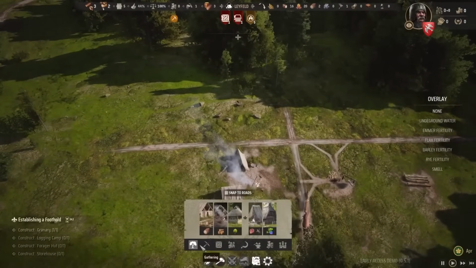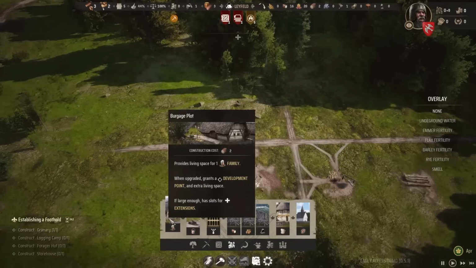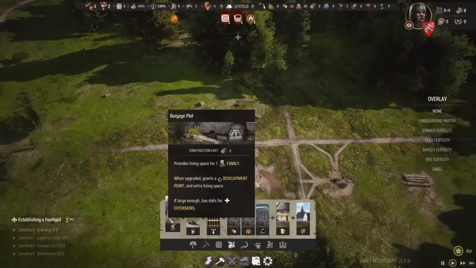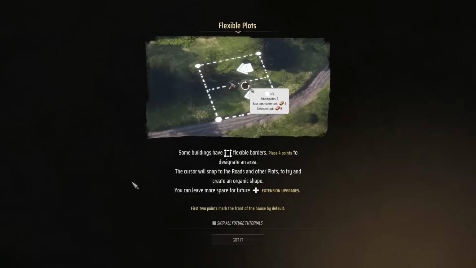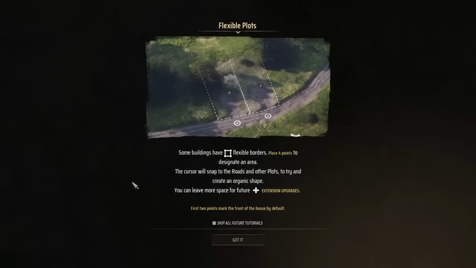Let's go ahead and start building the housing plots. So these are known as burgage plots, and these will allow us to build homes, but also if they have a plus sign in them, if we build them large enough, they'll have areas for extension. Now, not every home needs to have this, and they can be a little expensive to build, but check that out. We have to place 4 borders, and then of course we can rotate 2, so we can change which direction the homes are facing if we want to,